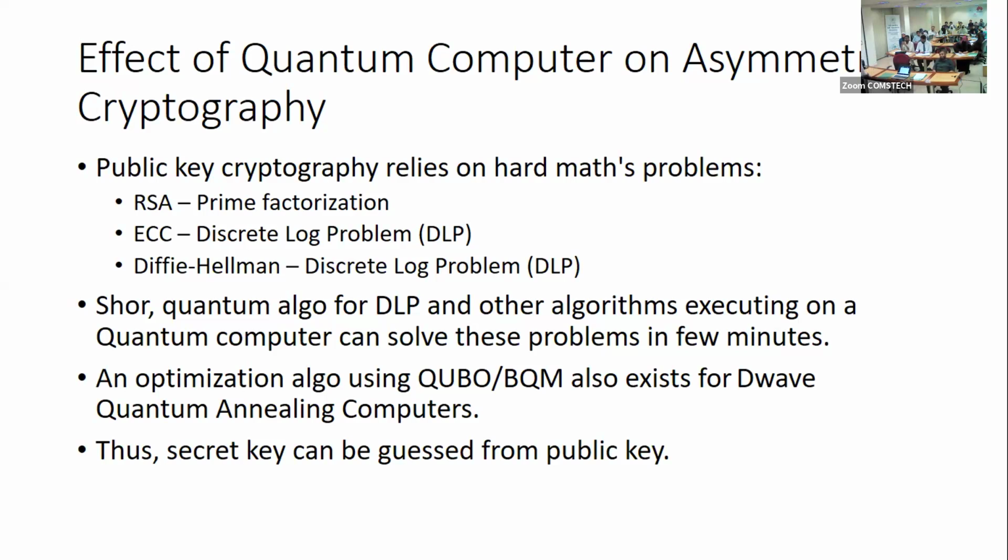Anyway, for ECC and Diffie-Hellman, as I told you, Shor's algorithm can be modified into Shor's version of the discrete log problem. On the other hand, there is an optimization algorithm called QUBO, quantum unconstrained binary optimization, or in general BQM, which exists on a quantum annealing system. Why quantum annealing? Because a quantum annealing computer, which is not a general quantum computer, right now the D-Wave Advantage has